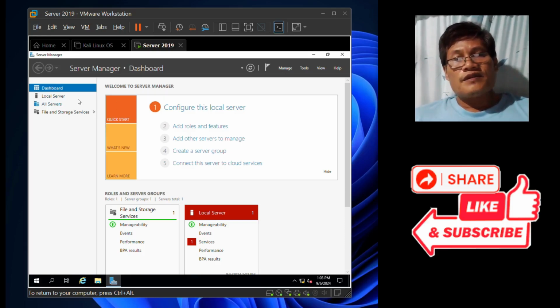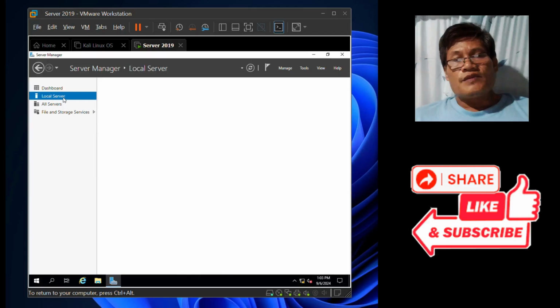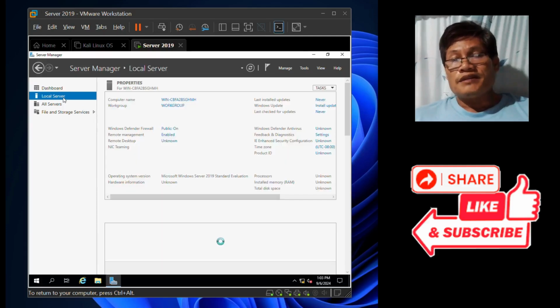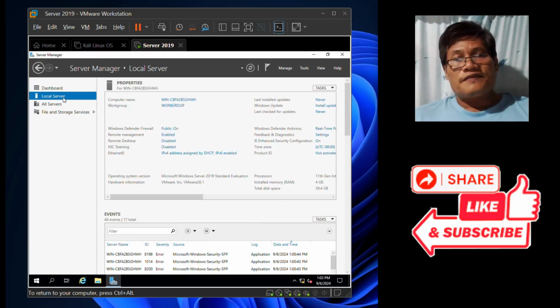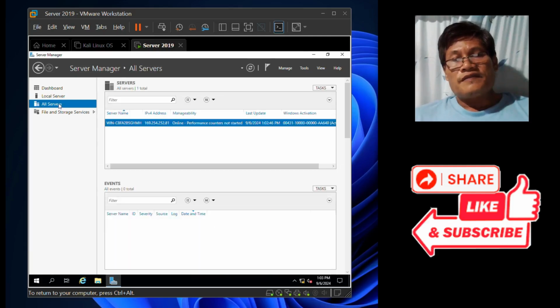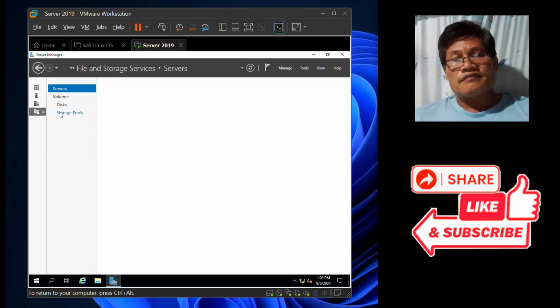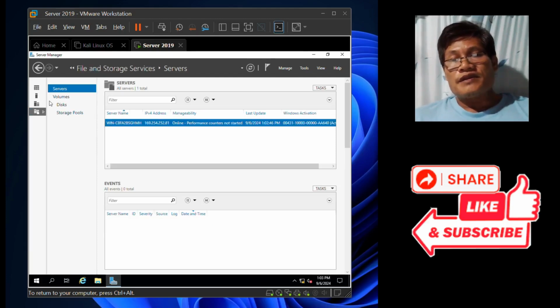You have your local server, which we're going to set up later in our next tutorial. We have different servers and file managers, just to explore your operating system.